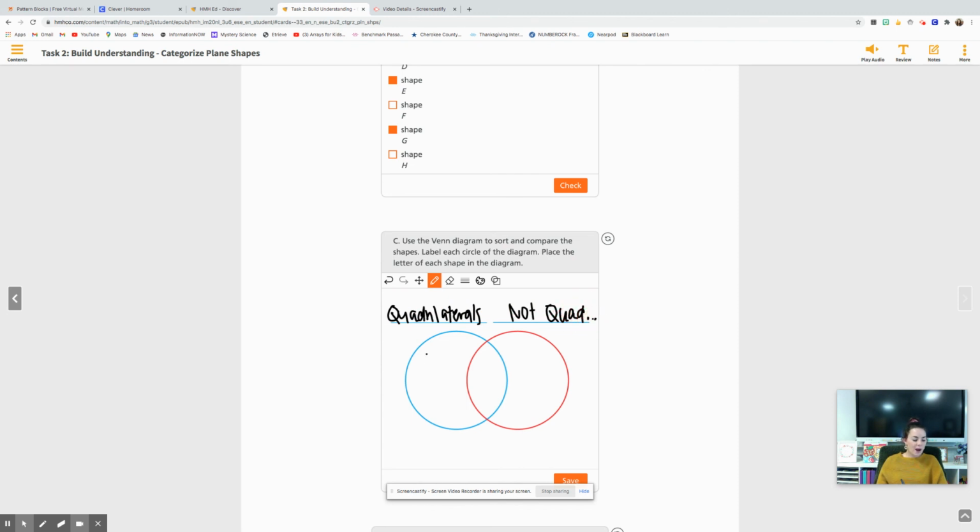And in here, I'm going to put the names of the shapes that I found that were quadrilaterals. Okay? In the other section, I put the names of the shapes that are not quadrilaterals based on our drawing